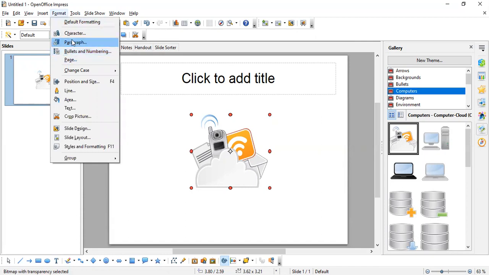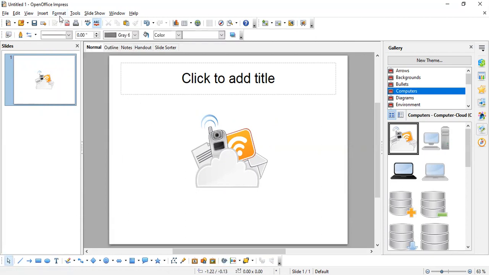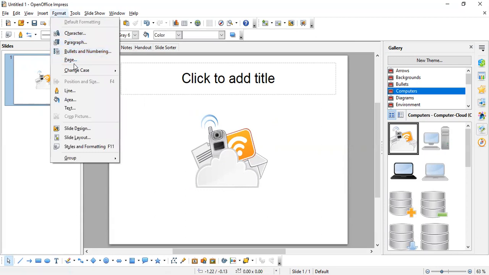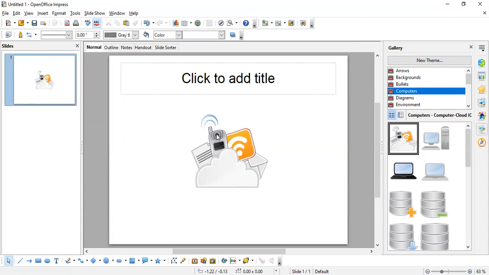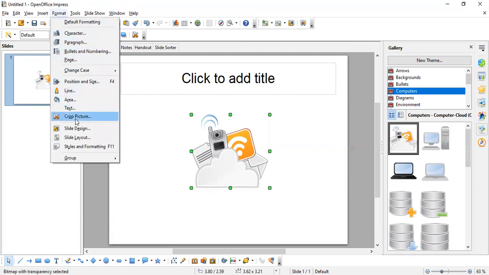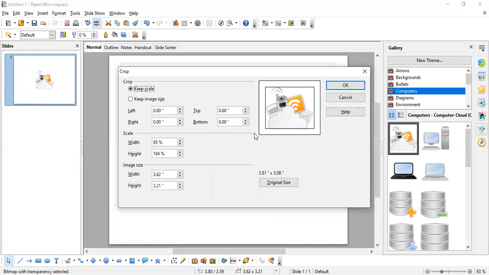Within the Format menu, go to the Picture option. See, let us check it. Format menu, and then go to the Picture option. Where is the Picture option? Format menu, Picture, Wrap.